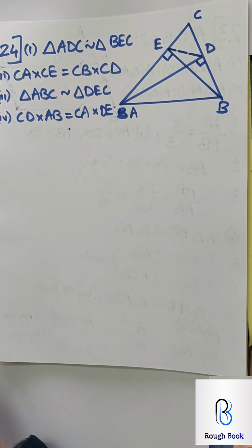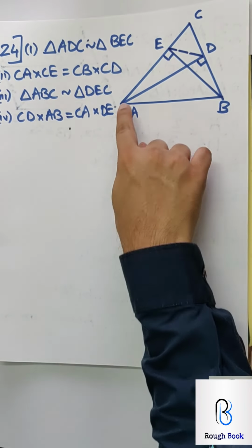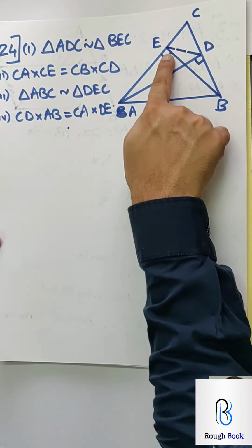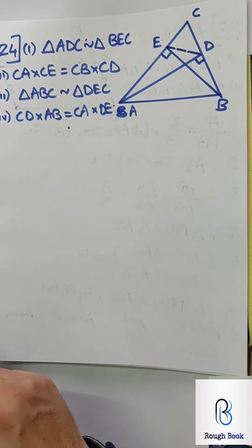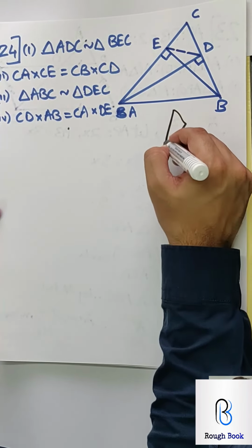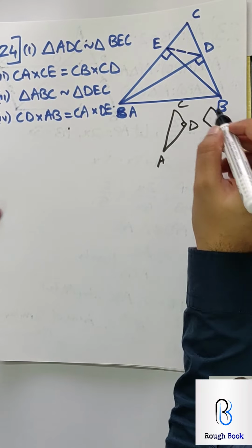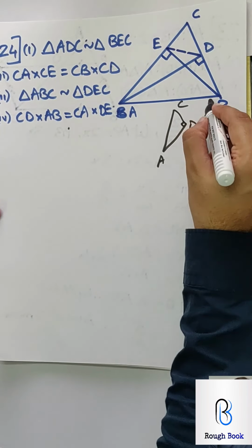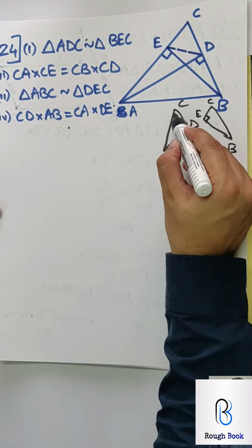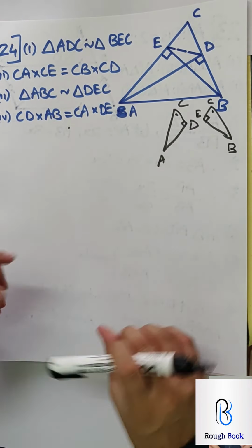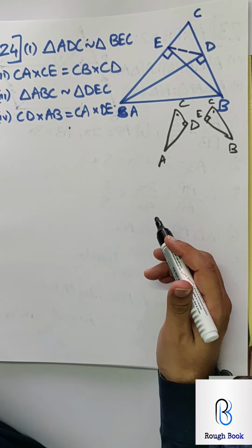It says prove triangle ADC similar to BEC. Now what do you mean by this ADC and BEC? Those are two small triangles. But what are the things that are common? ADC, BEC, each 90, common angle. Pull them out, it will be easy for you to understand. See, this is ADC with this 90, and this is BCE with this 90. So one is each 90, second is common angle, correct? Therefore you can say the two triangles are similar by AA test.